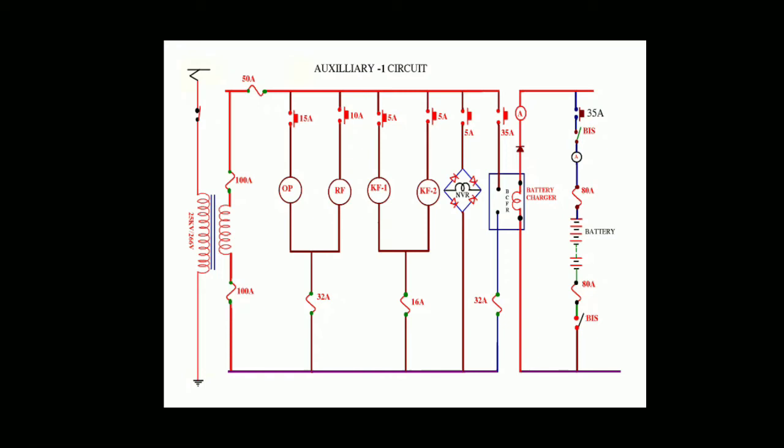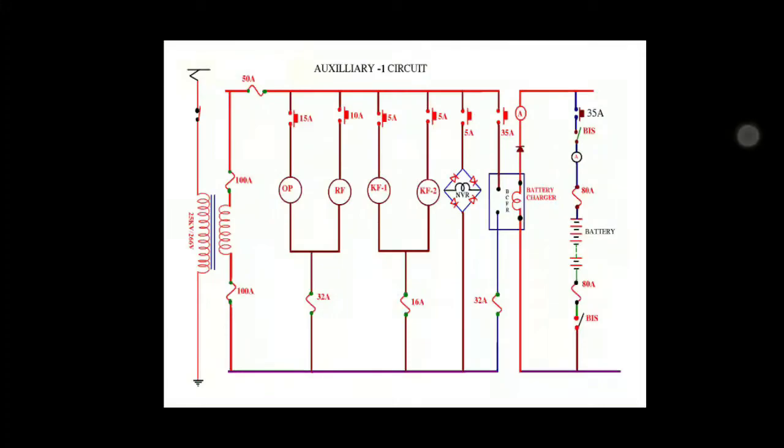No voltage relay is provided to prove availability of power supply in auxiliary circuit 1. Static battery charger is provided to supply control circuits and to charge batteries. The battery charger is protected by a 35 amps MCB on phase in input and a 32 amps fuse on neutral. Static battery charger is located in the LT room.